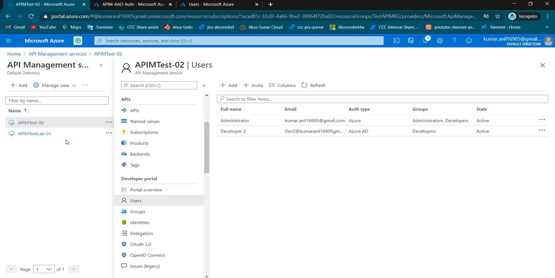This will be common, even if the authentication type is basic, Azure AD, or Google, like whatever I have shown you before. Whatever authentication type you use, the product subscription and the remaining steps like testing the API call will be the same. The only difference is that for the first login, the user has to provide the sign up details.